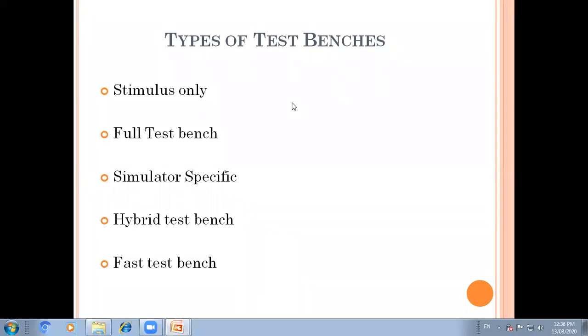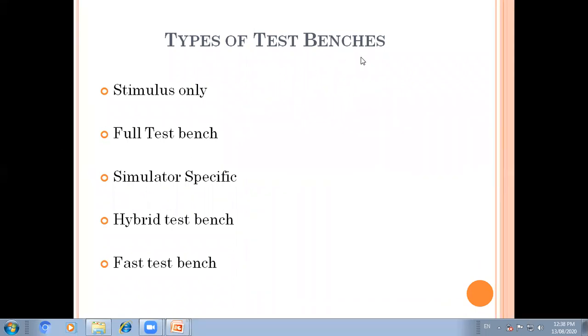The test bench is at the highest level in the hierarchy of the design. It instantiates the design under test. The test bench provides necessary input stimulus, that is the excitation, to the DUT. What is the DUT? Design under test. That is the full form of the DUT. The test bench provides the input stimulus and examines the output from the DUT. That is the process to verify the functionality of the design by using the test bench.